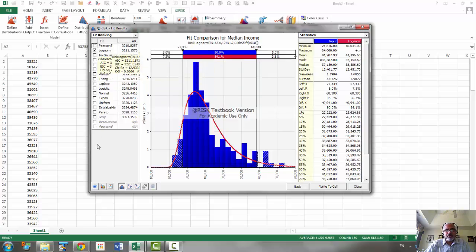So suppose we want to use the lognormal distribution, and you see the parameters here: this is the mean, standard deviation. So you can look at the lognormal mean and standard deviation right here. This is the converted value, and then the risk shift is 1631, so that is shifted to the minimum value. So we can either copy paste this, or we can write the function to a cell and then copy paste it. So write to a cell,